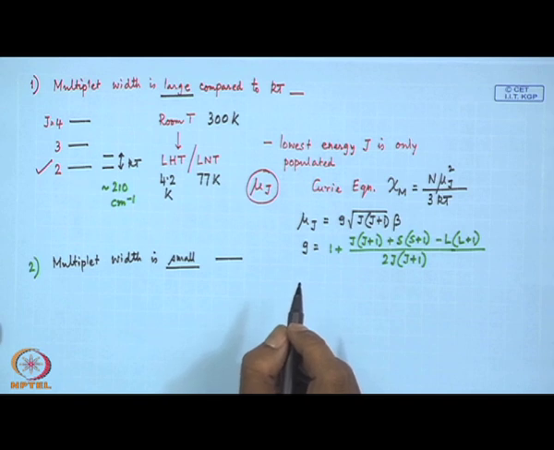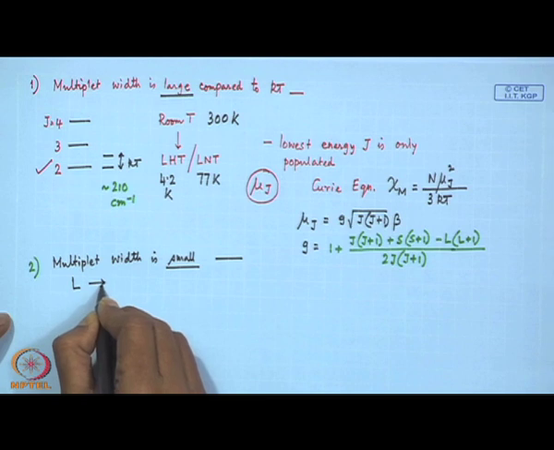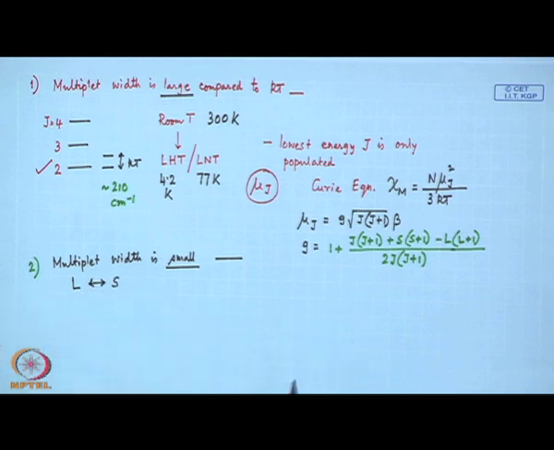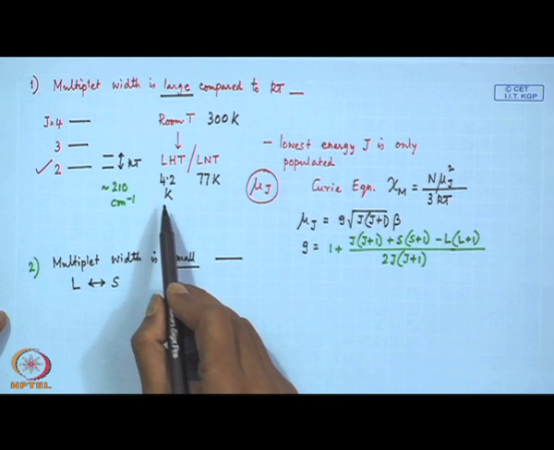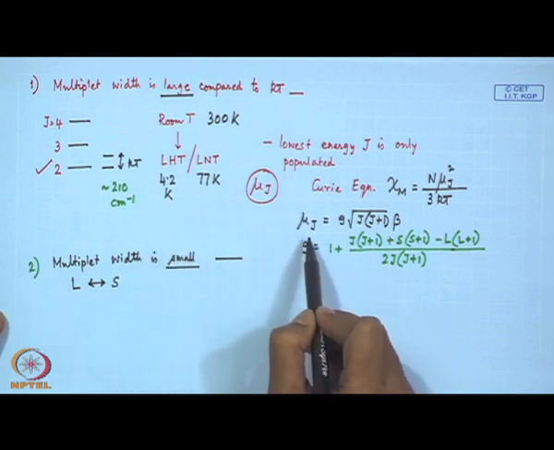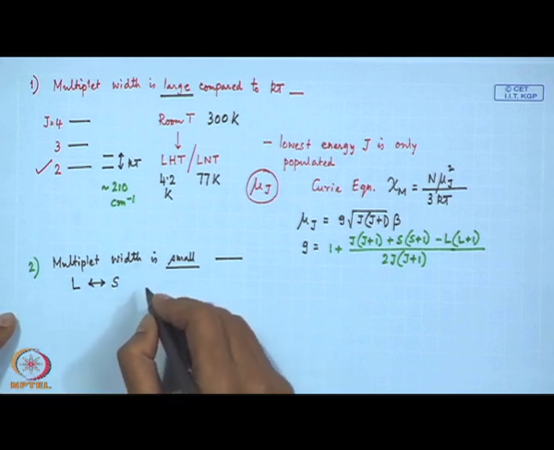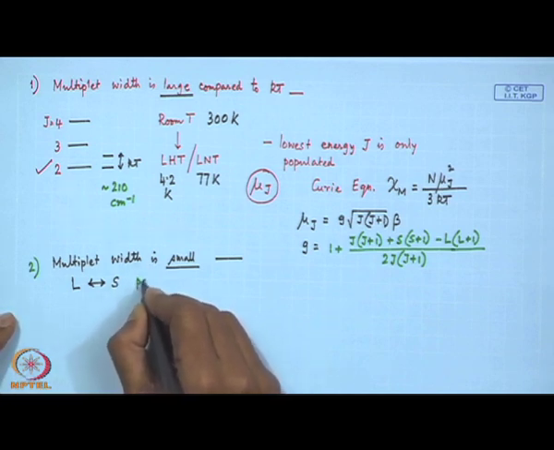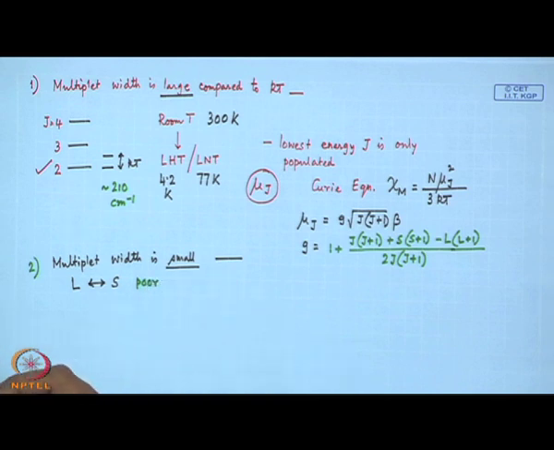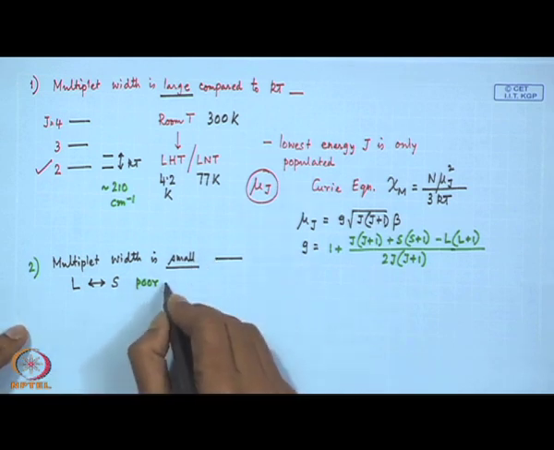So, when it is small, the coupling between L and S, so in the previous case the coupling between L and S is strong. So, we have J which is a good quantum number, but now the coupling between L and S, the orbital moment and the spin moment, is poor,